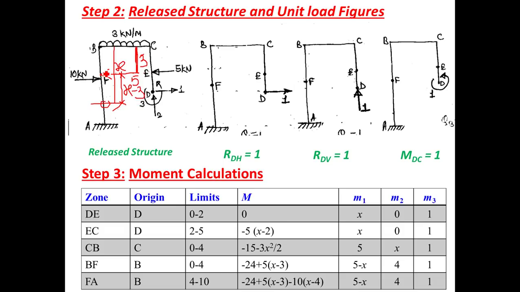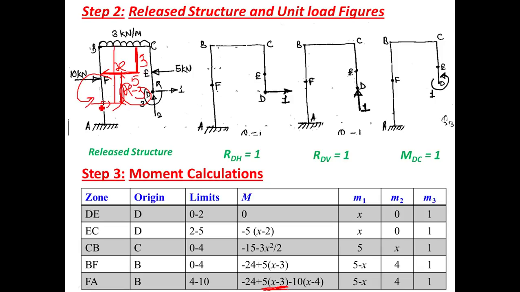So what is the moment of 5 then? 5 is the magnitude and the perpendicular distance is x minus 3. So 5 into x minus 3, and this is towards left, so it will produce anti-clockwise moment. It is positive. So the moment because of 5 is 5 into x minus 3, anti-clockwise means positive. Look at this last row, capital M column, last row. This is plus 5 into x minus 3. So this is the moment of the release structure.